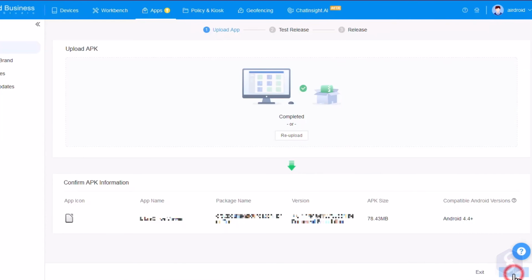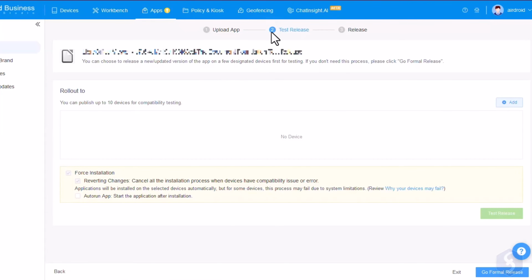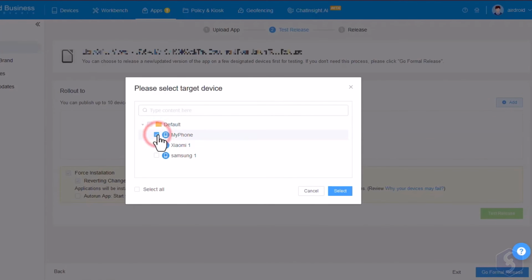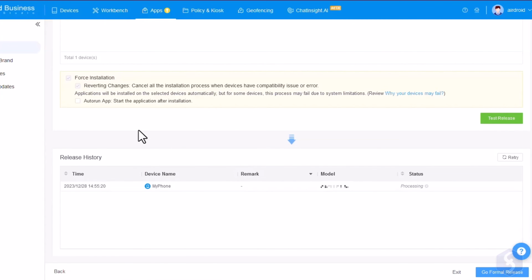Once you go to Next, you can initiate a test release on specific devices you choose. This allows you to thoroughly test the app's performance and also avoid problems before an official release towards all your company devices. In case of any issues during the test, you can also uninstall the app from the devices under test or even auto-run the app right after the installation. Once the app works correctly, you can move forward with the formal release to install it on all devices connected